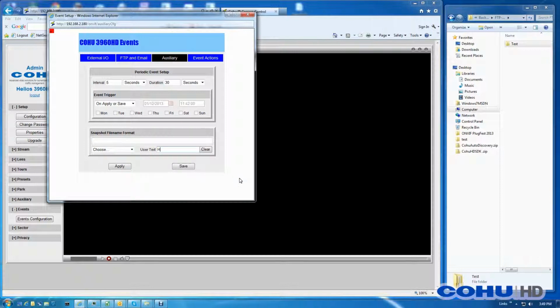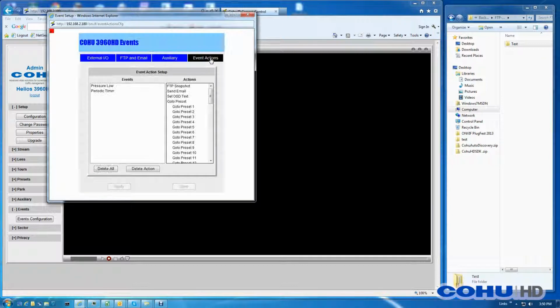I'm going to choose some text, how to, and from the drop down combo box here select user text, and I'm also going to do date and time. That way every snapshot will be unique. If you just use the user text, the same snapshot will be overwritten continually, but in particular, when you have the time in there, you'll get a unique snapshot for every snapshot that's sent to the FTP server, in this case every 5 seconds. Click the Save button, and then last but not least, head to the Event Actions, and